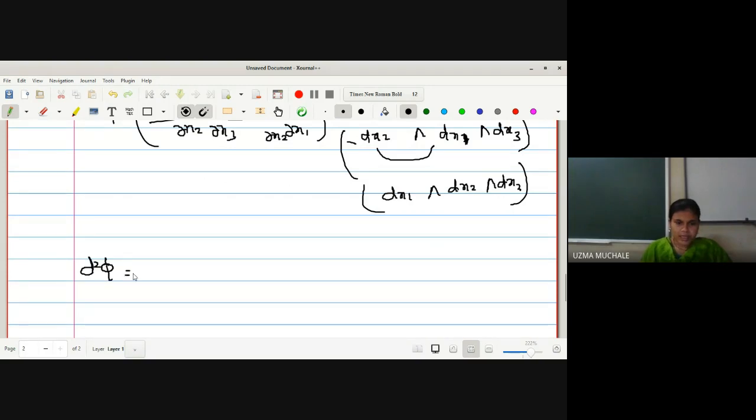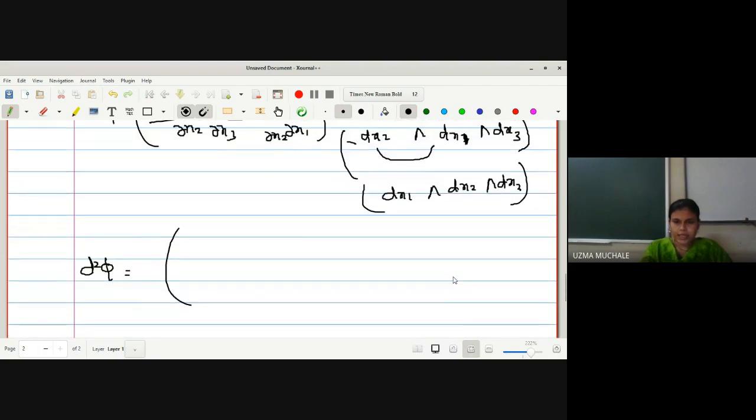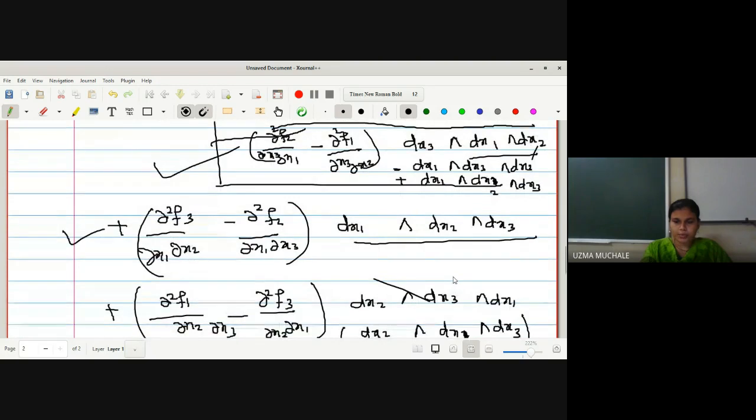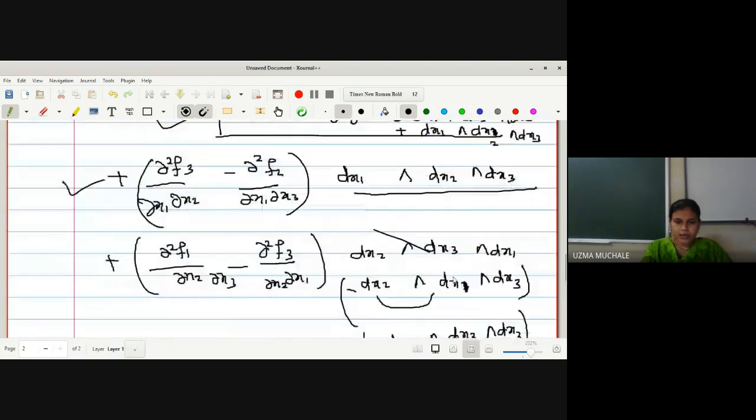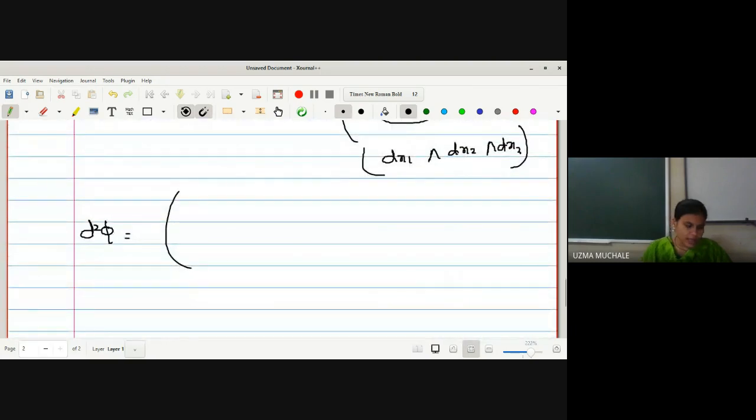d2 phi is equal to, now we will write down all the partial derivatives in one bracket, and outside this we have dx1 wedge product with dx2 wedge product with dx3. Okay, let me evaluate the first term. What are the partial derivatives? I will write here. The first one is d2 f2 with respect to x3 x1 minus d2 f1 with respect to x3 x2